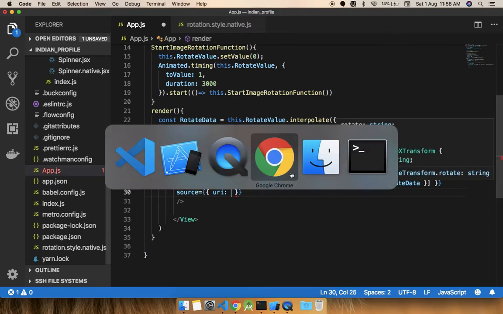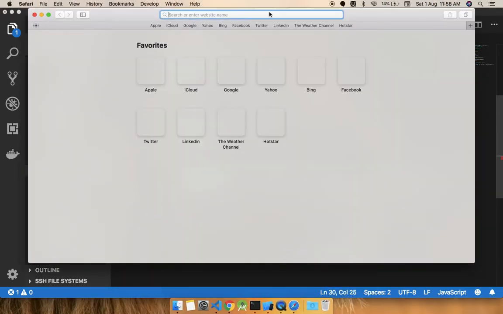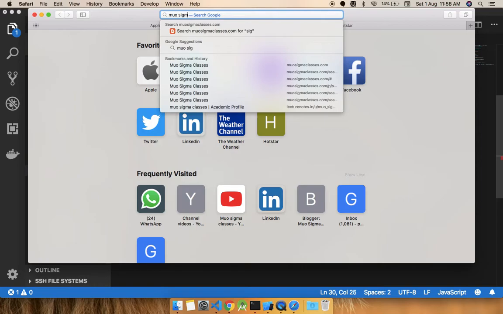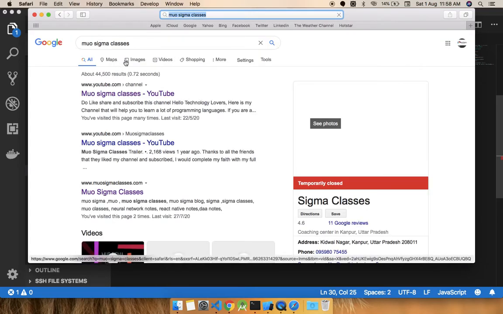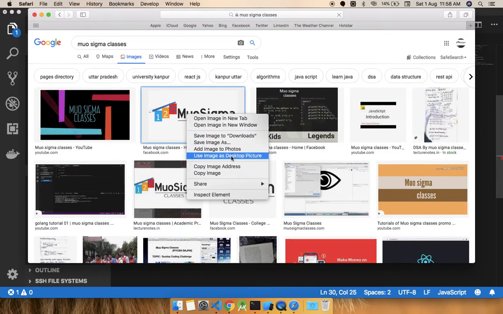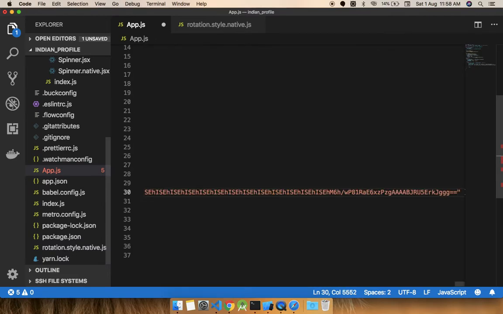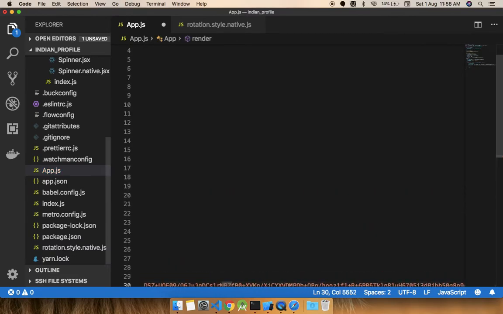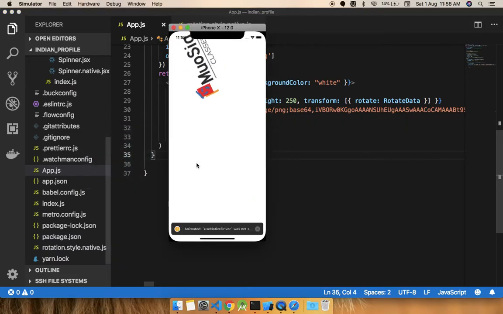So let's say I open Safari and type here mu sigma classes image, then copy image address like this. Okay, perfect. Let me just see this.